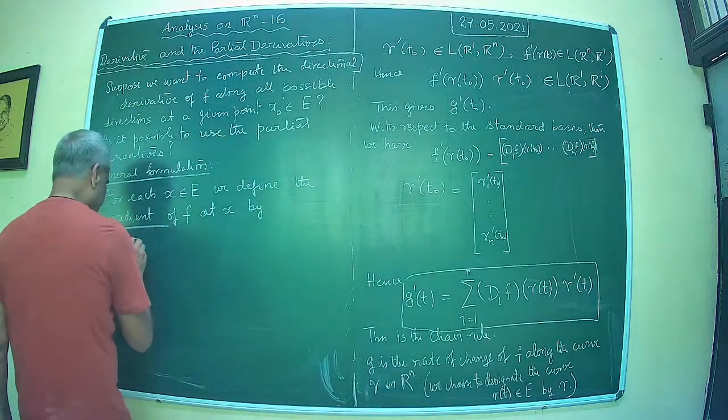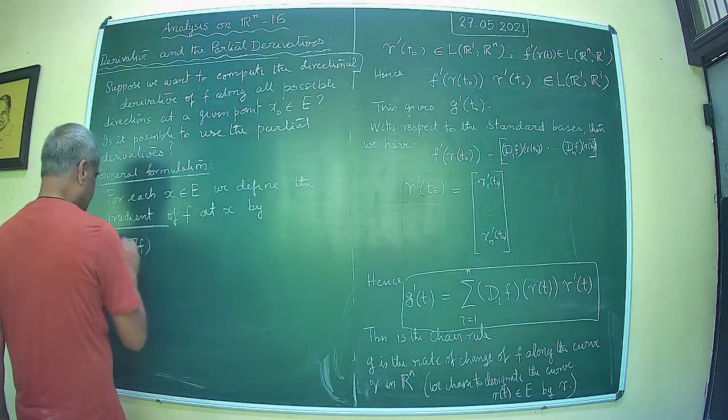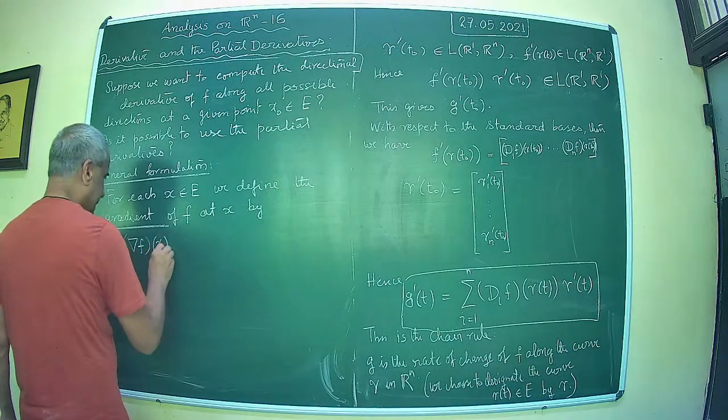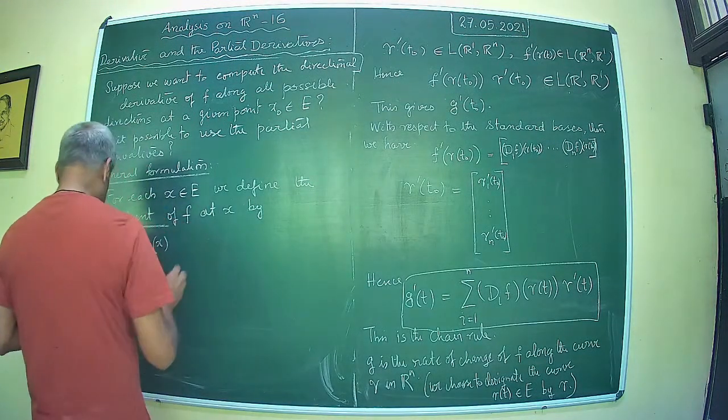It is denoted by grad f, which you are familiar with. It's a vector defined by